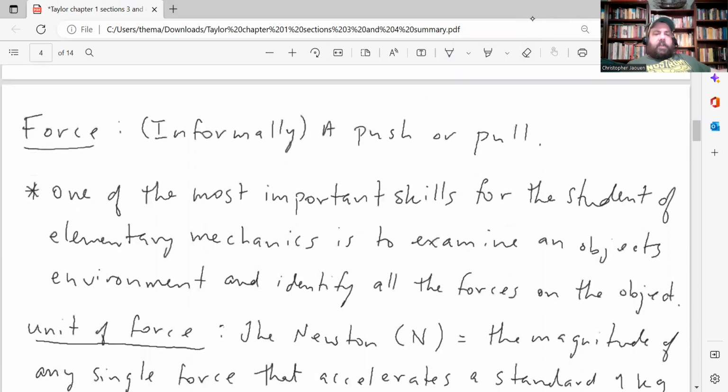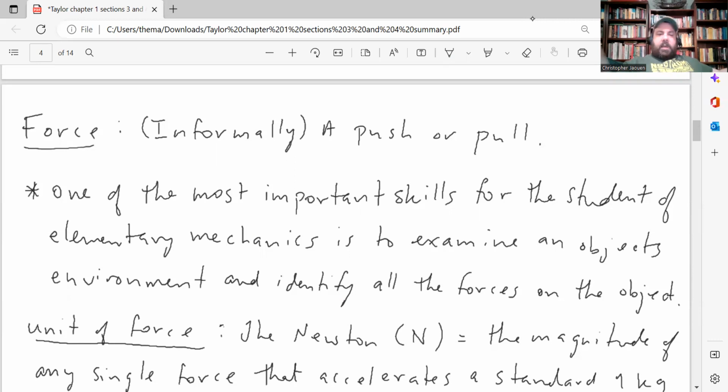Right, next, he talks about force. So he starts with an informal definition of force, which we have sort of an intuitive feeling for, especially when we're the ones exerting the force. So if you're lifting a dumbbell or something, you know that you're applying a force, right? So informally, you can think of a force as any type of push or pull, but it doesn't have to be you